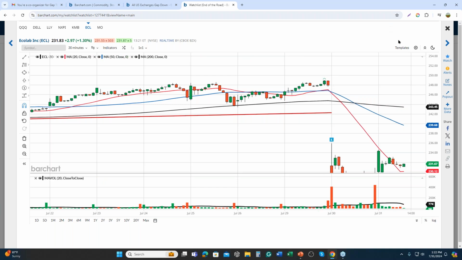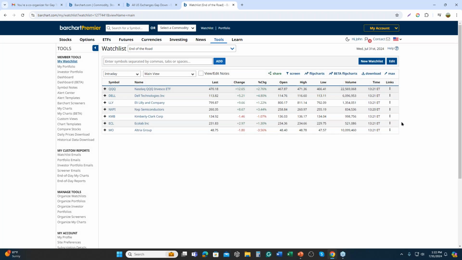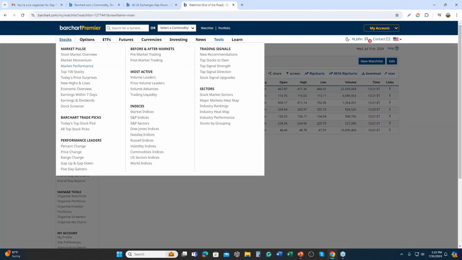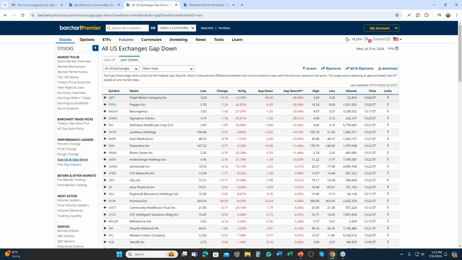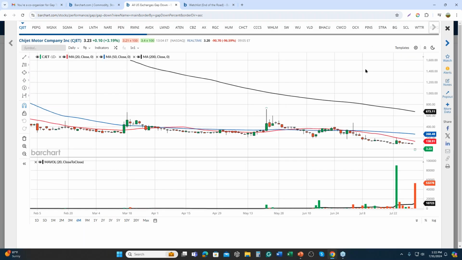All right, so where can I find candidates that are end of the road gaps? There's a couple places where we can look. First of all, I'm going to go under stocks here. And here we can see on stock leaders, we have a page called gap ups and gap downs. And what I've done is I've clicked on the gap down page. So what you could do here is you could sort through these, right? You could look through them all, or maybe you would go to the flip charts and start